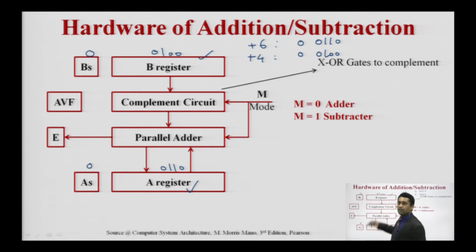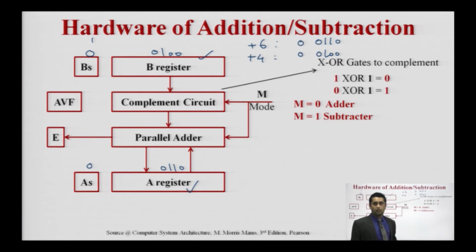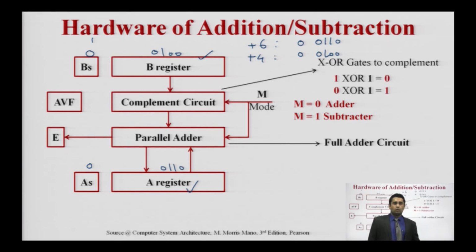If B is a negative number, in this case BS is converted to 1. This is a single bit register, also known as a flip-flop, because a register carries all the flip-flops. Apart from this we have two circuits in it. One is the complementary circuit, which is used for the subtraction part, meaning the XOR gate, the complement part; the XOR gate is the major one. The next is the parallel adder, which uses a circuit of full adders. So these are the two circuits.